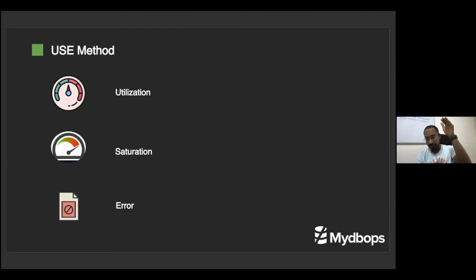In the USE method we just compress it and make it three. First we look at utilization, then based on the issue we go to saturation, and you need to check the errors, then we find the root cause of this. This kind of methodology will help to solve the problem and narrow down the problem instead of randomly searching, randomly fixing the issue.